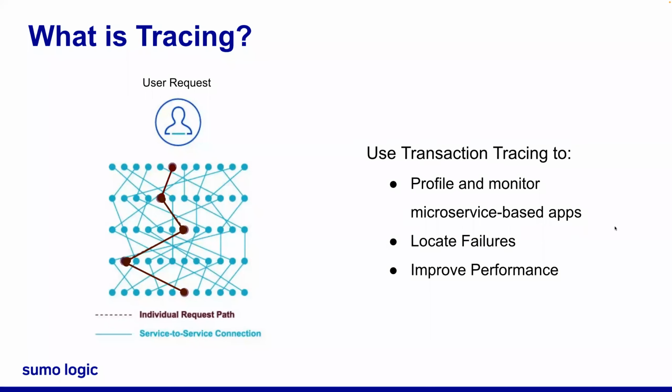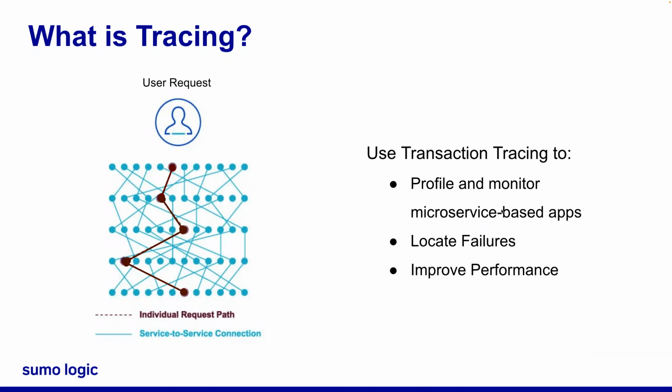So once again, we can use transaction tracing to monitor apps, look for failures, and improve performance. What I have here is an example of tracing in a more common scenario, and that's getting a package sent to you or received by you. When that package is sent, we get a tracking number or tracing number, and that allows us to see all the different hops and stops and occurrences of that